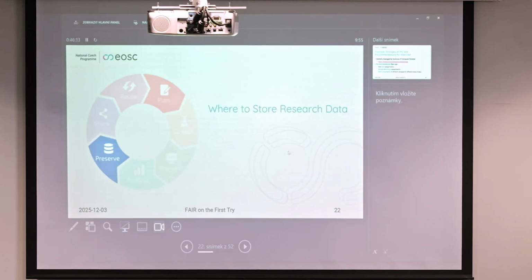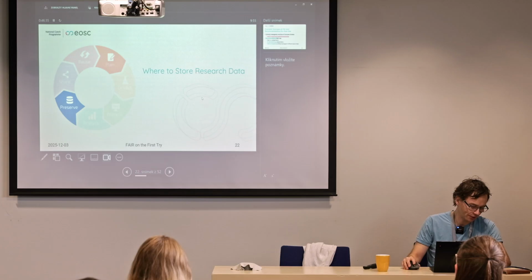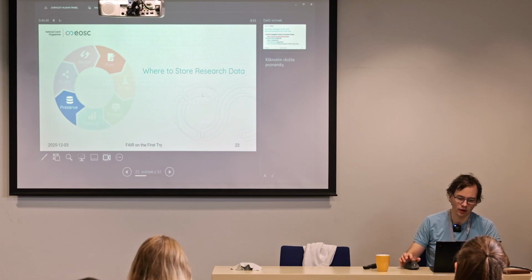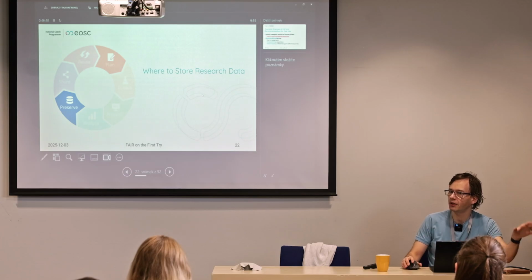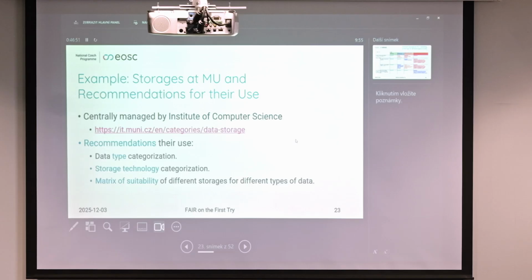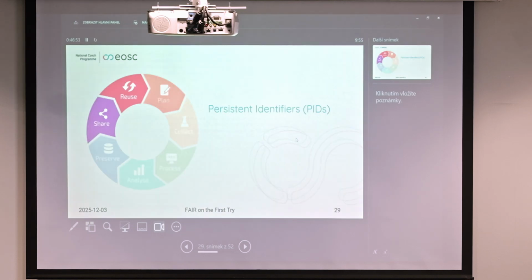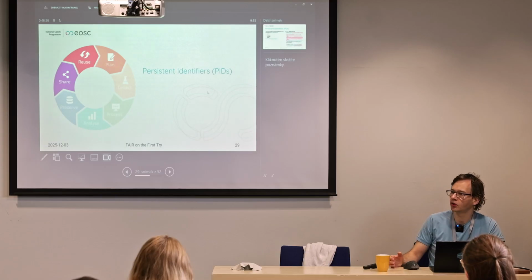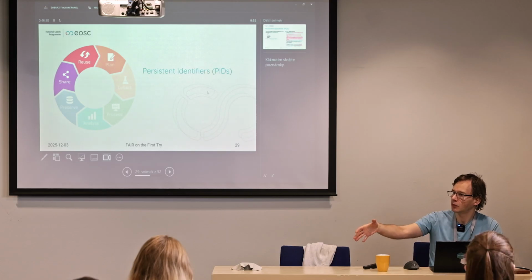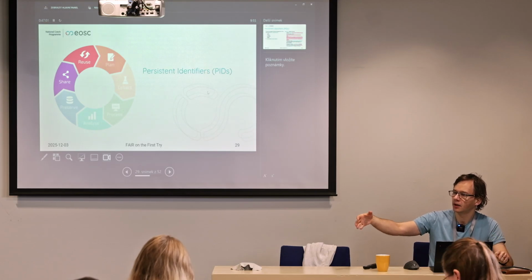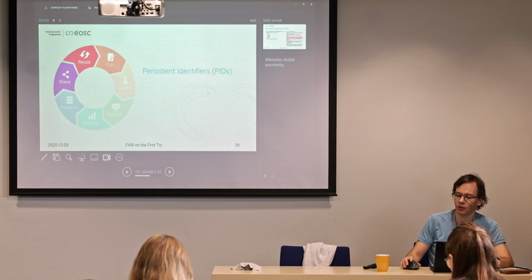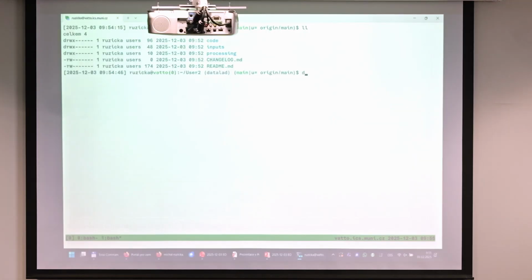So that was it, more or less. We are slowly running out of time, so just a quick overview of the rest of the slides. Preserving, you have seen it. You need a repository, optimally with a persistent ID, and some storage that's stable. For sharing and reuse, again, we have seen it. You can share the processing pipeline as a Git repository on GitHub, for example, and you can use datalet, for example, datalet